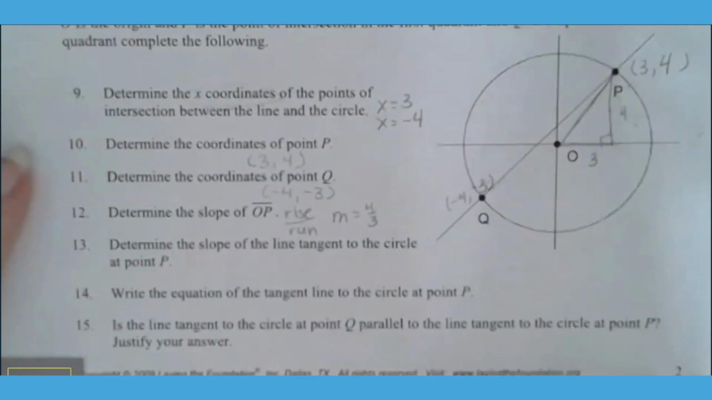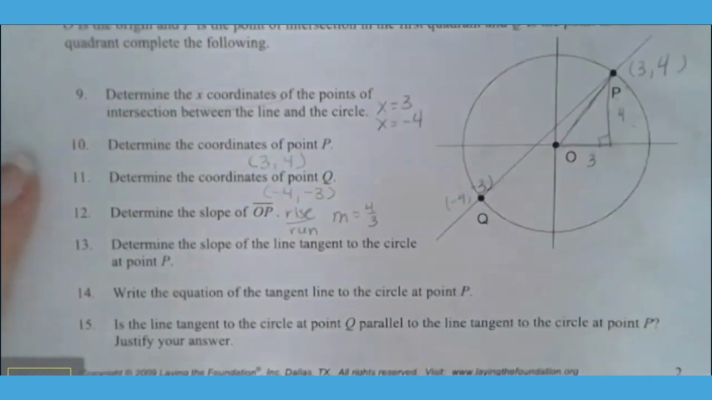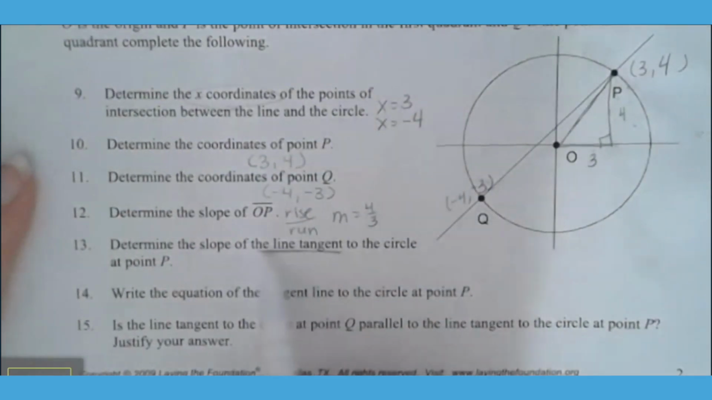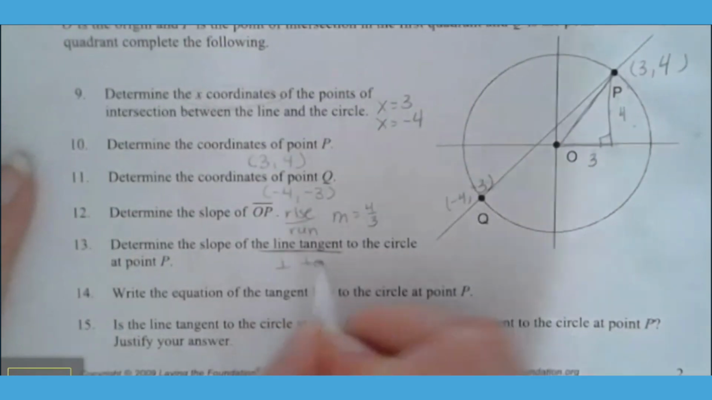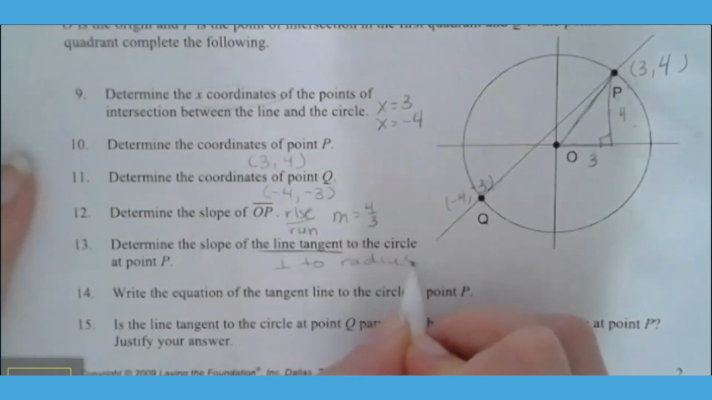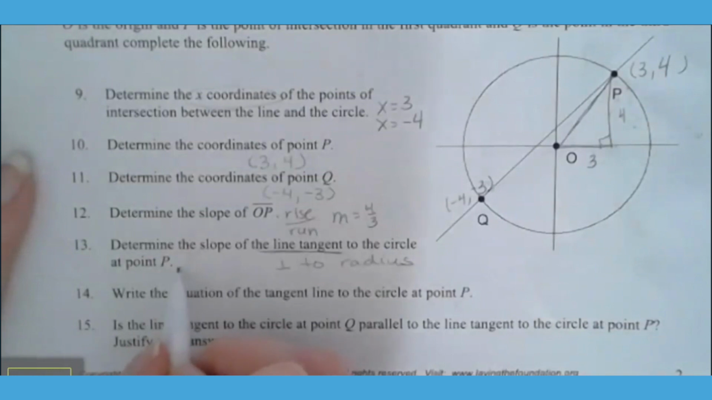Again, we're stepping out piece by piece so that when we get to the end, we have all the information that we need. Determine the slope of the line tangent to that circle. Again, tangent line means that I am perpendicular to the radius. If I'm perpendicular to that radius, this slope was 4/3. That means the perpendicular slope must be